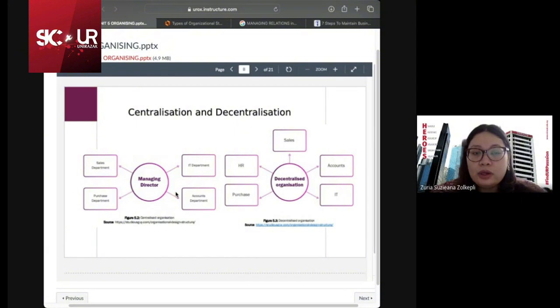One thing good about centralization, like I've mentioned, is it provides control. So the decision, the outcome will be much more consistent, and they should be able to control the flow of information, to make standardization easier. But for decentralization, the pro is